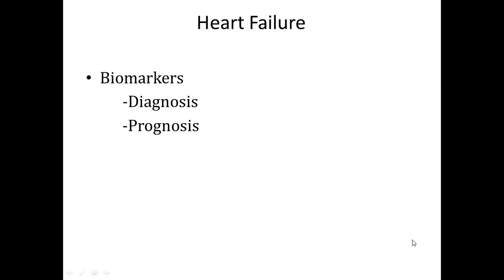In the first session, we defined heart failure. We're doing heart failure with reduced ejection fraction. As we had mentioned, the current nomenclature is heart failure with reduced ejection fraction and heart failure with preserved ejection fraction. Those are the terms currently used to describe heart failure. We're presently doing heart failure with reduced ejection fraction, and later on we'll do heart failure with preserved ejection